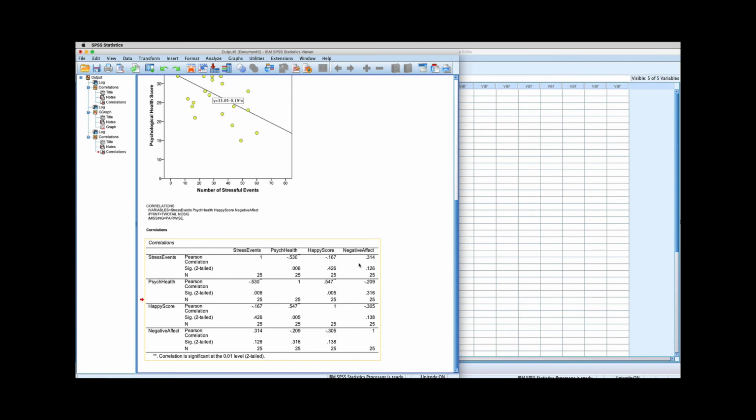As we move over to negative affect, here we see a positive correlation, as we might have predicted, of 0.31. And here the effect size, or the size of this correlation, is greater than the happiness score. And we're actually right around a moderate correlation between stressful events and negative affect. However, with our sample size of only 25 participants, we cannot conclude that there's a significant relationship